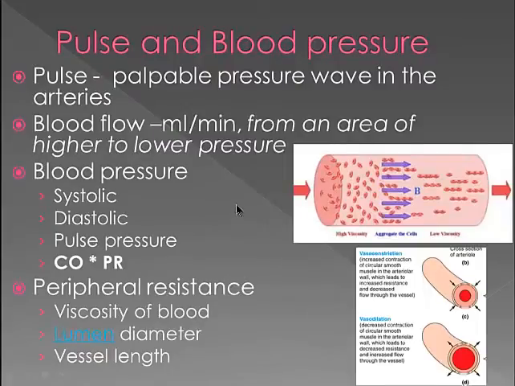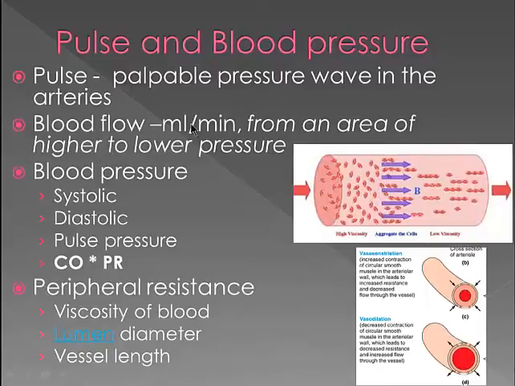Now let's look at pulse and blood pressure. So pulse is just the palpable wave that you feel in the arteries, and there are various arteries which you use to feel someone's pulse. The radial artery, you use the superficial temporal, you can feel the peripheral pulses in the dorsalis pedis, femoral, all of these. And blood flow is the amount of blood that passes out